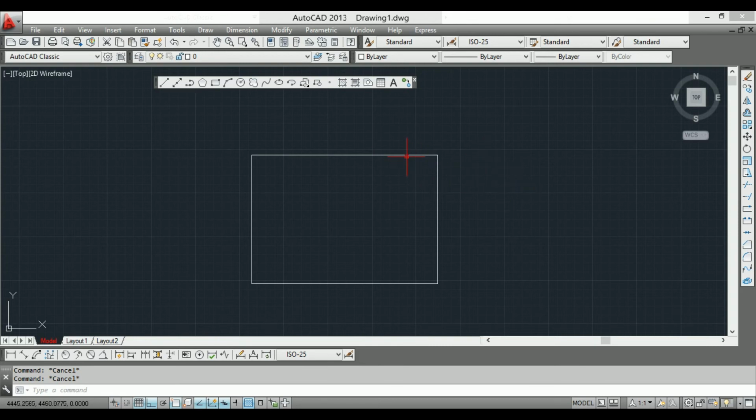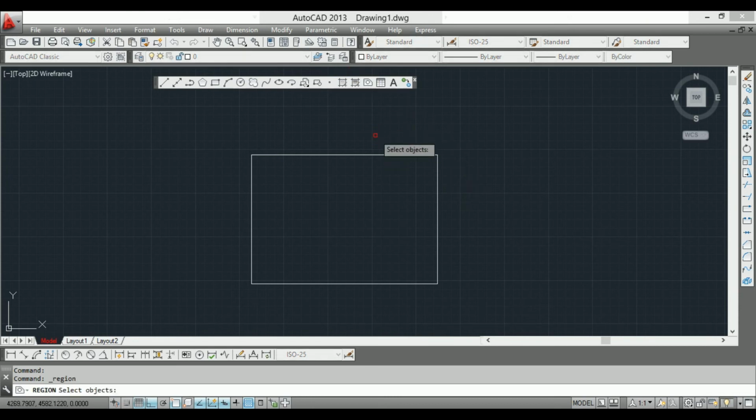You can see if I select this line, it selects individually. If I select this line, it also selects individually. If I want to create a region so that when I select one line the whole area is selected, I go to the region command.